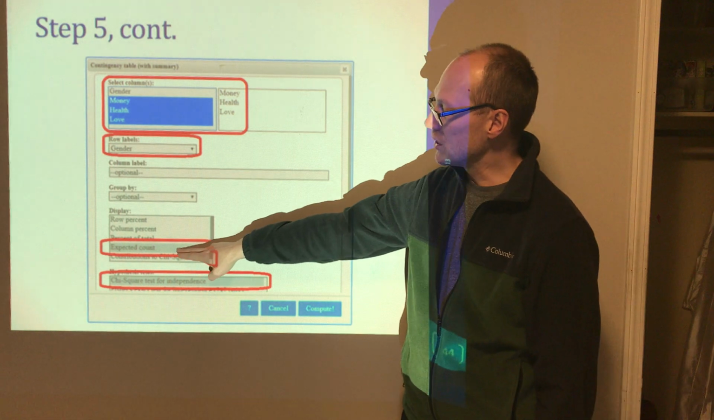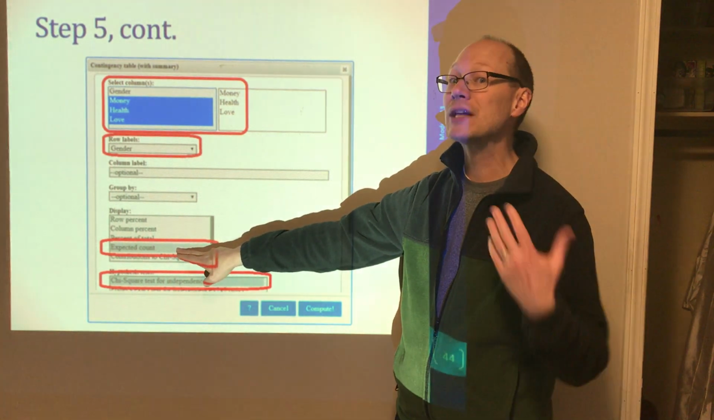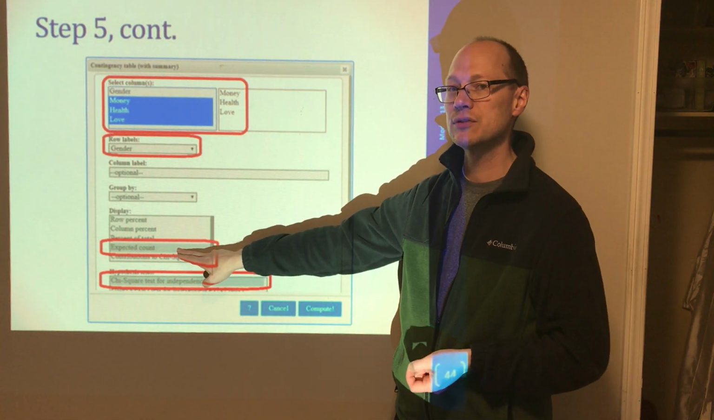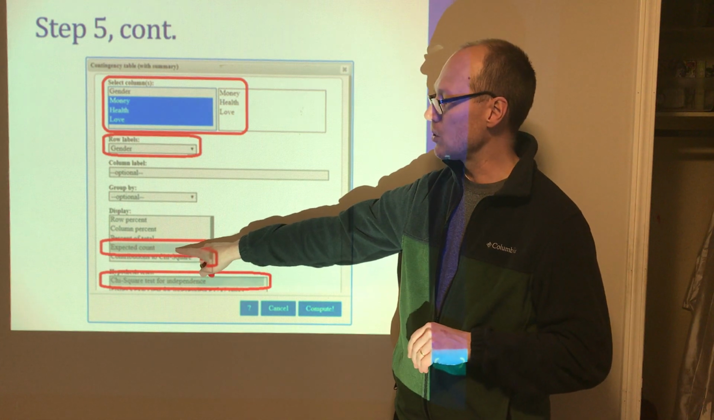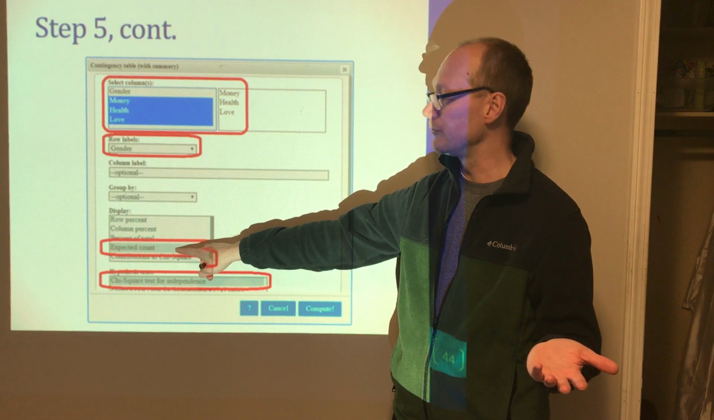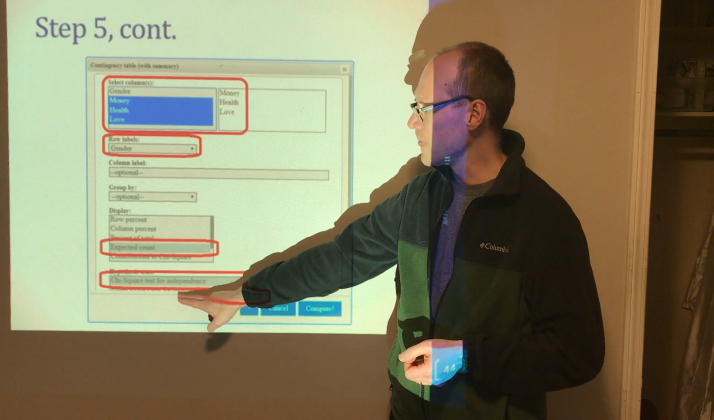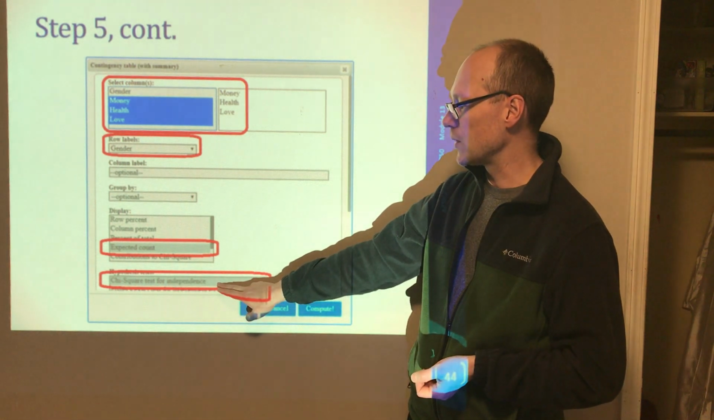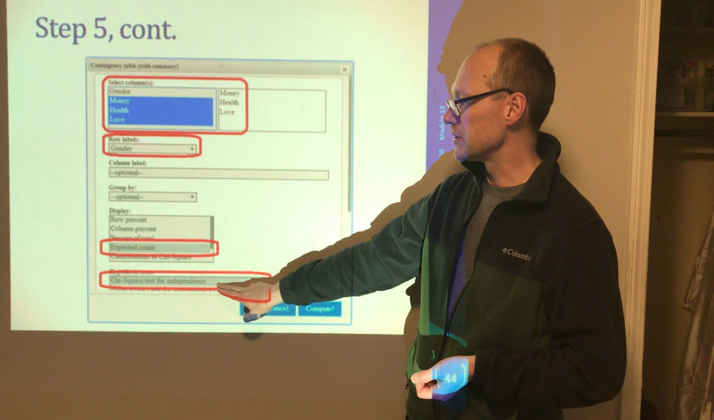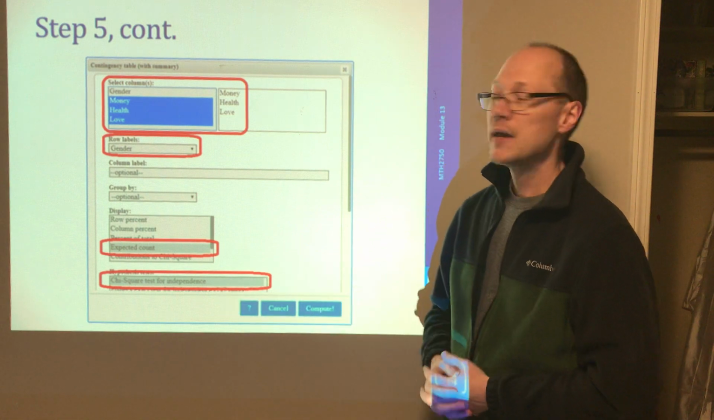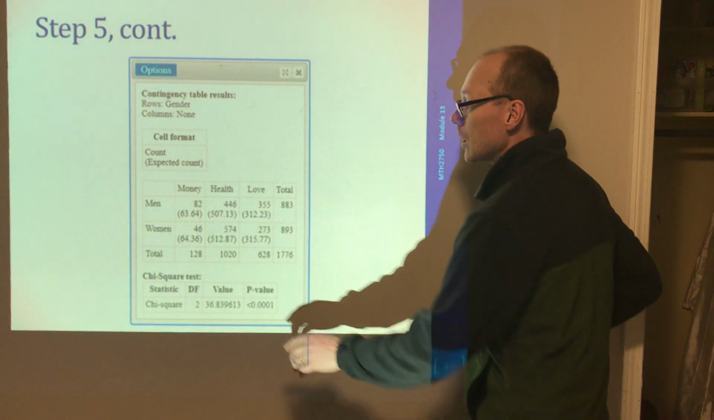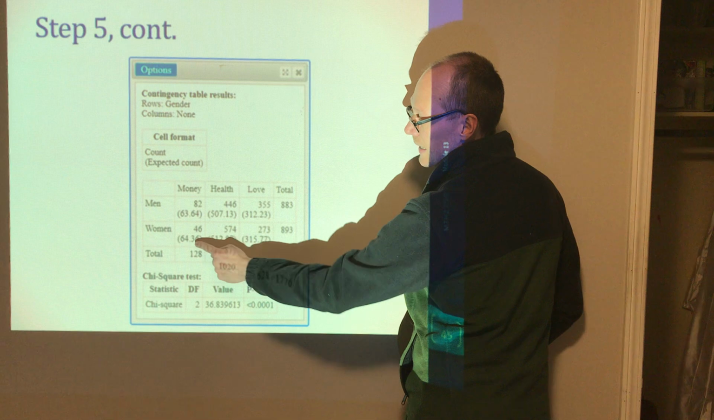Go down and make sure you click expected count. That's what's going to create the expected counts for you. You don't want to do it by hand, but if you don't click this, it's not going to display it for you. So make sure you see expected count, and then make sure, which it should be, the chi-square test for independence is selected. Next slide. And when you do that, you're going to see this, again, along with the expected counts